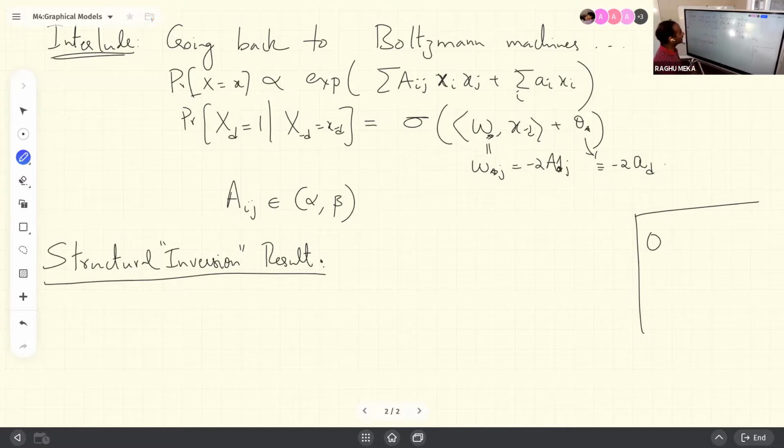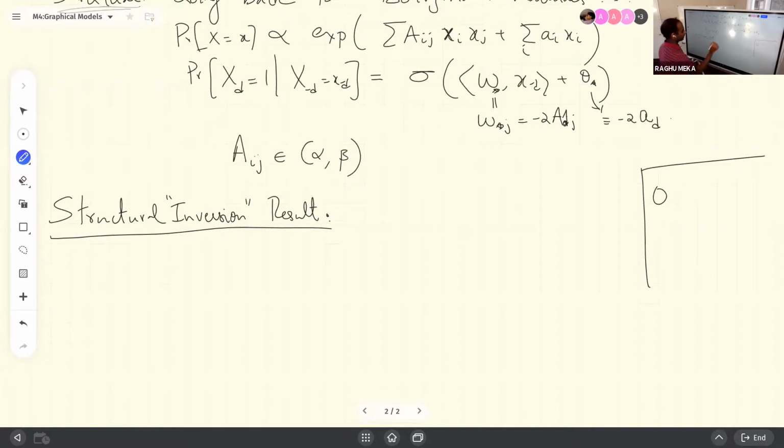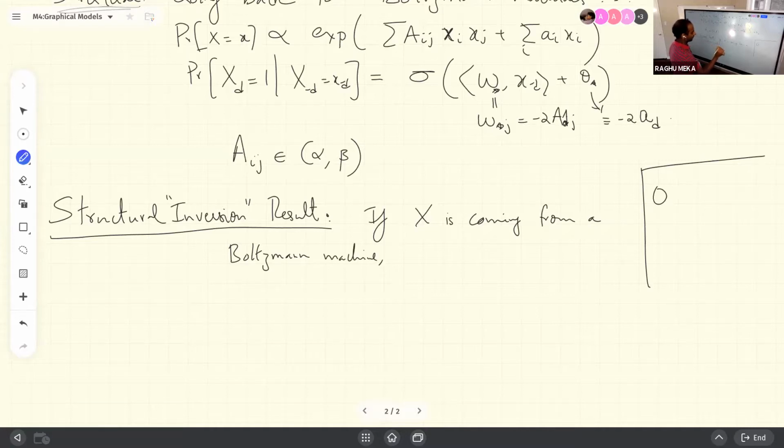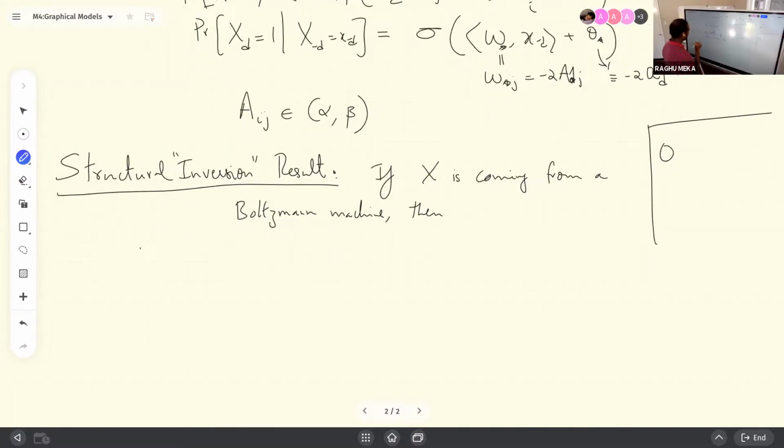But fortunately for us, we can use lots of additional properties of Boltzmann machines. This part is actually much more tricky than what we're going to do, and I'm going to skip it and show that if X is coming from a Boltzmann machine, then if I tell you that you have small prediction error,